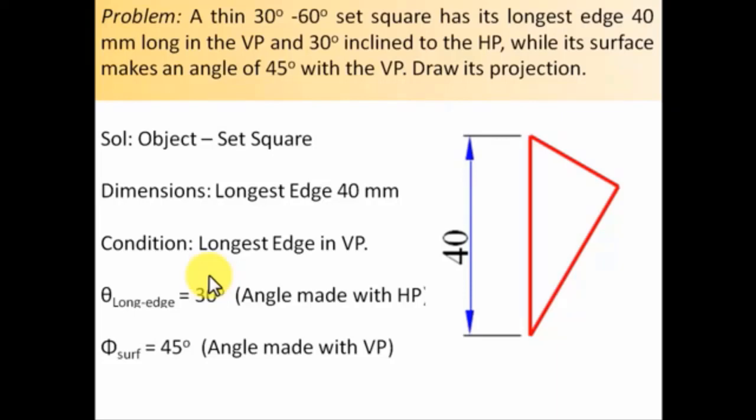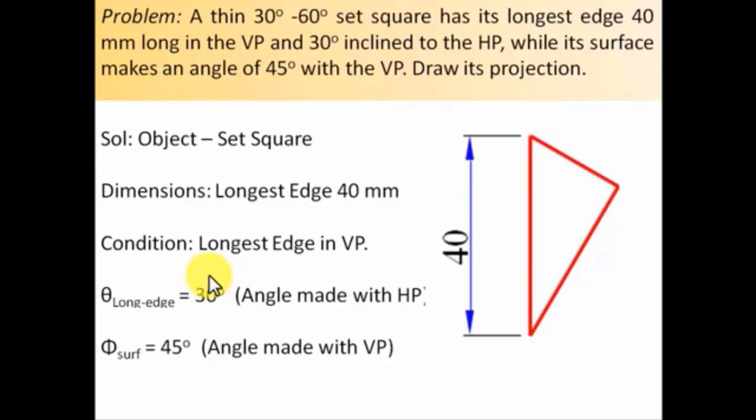Now as far as the solution to this is concerned, I've divided that into two parts. In part 1, I'll be giving you a demonstration as to how the object has been really kept with reference to HP and VP. What shall be our initial assumption, from where to begin, whether to begin with front view or the top view. All these kinds of stuff I'm going to be dealing with in part 1, and then in part 2 we'll simply draw.